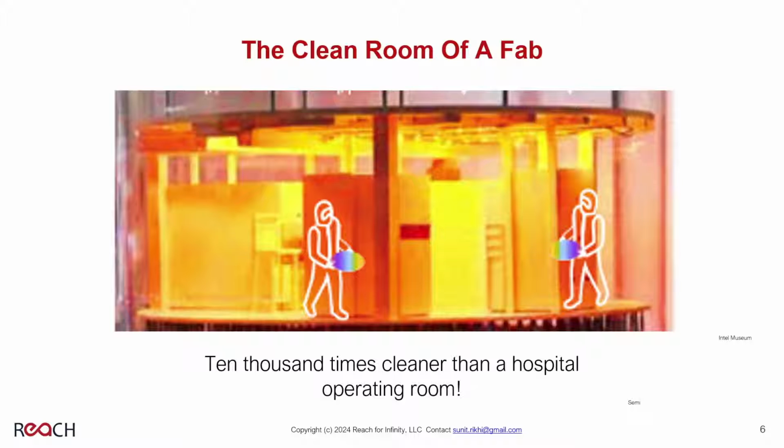So let's start with this photo. This photo is from the Intel Museum in Santa Clara, California, and it tries to show what a fab clean room looks like. If you notice, it's kind of yellow, and the yellow is because yellow light is friendly to one of the most important steps, lithography, to make sure that using normal light, you don't inadvertently mess around with the resist that captures the image. But more on that operation of what the fab does later.